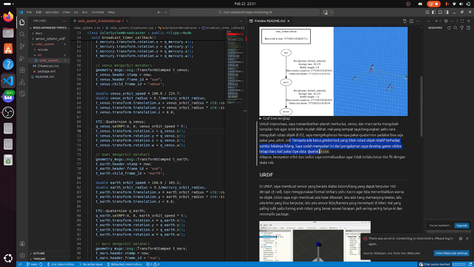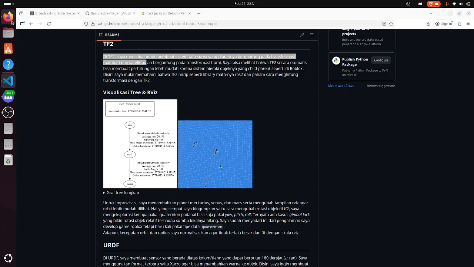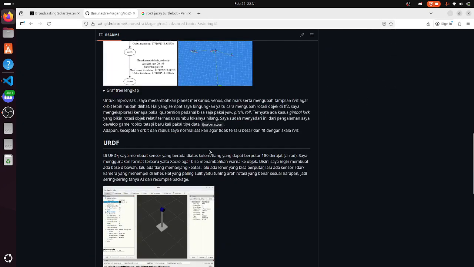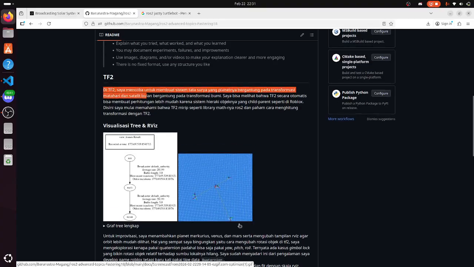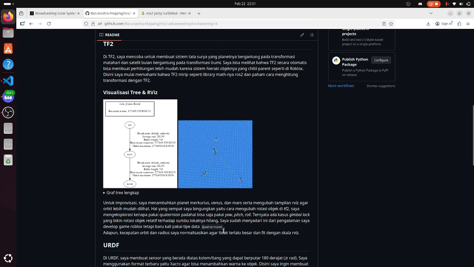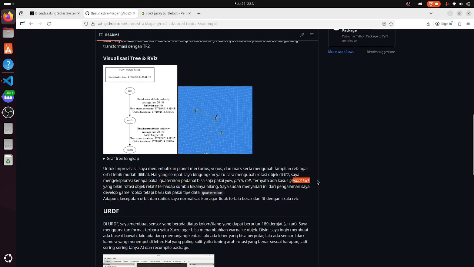Then I was confused why there is a quaternion when I can just use these values: yaw, pitch, and roll. It is because ROS 2 expects this type, because there is an issue about gimbal lock.